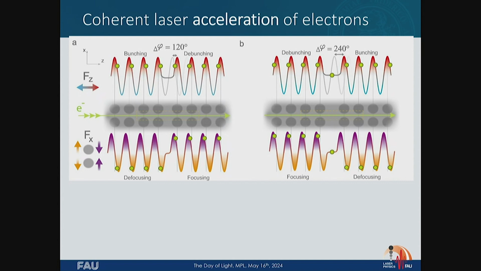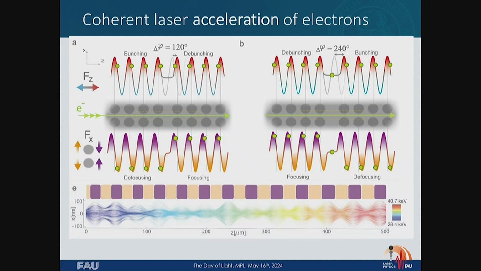Now, when we go to acceleration, we want to have a phase jump, so that we are transversely focusing, but we want to still have the electrons experience accelerating forces, even if they are debunching. So even if the early electrons see a larger force than the late ones. Doesn't matter. They should always see an accelerating force. And then you have now phase jumps that are 120 degrees and 240 degrees. Then the electrons always experience accelerating forces, and we still toggle between transversely focusing and defocusing, and it could still work with acceleration now. This is what our simulation tells us.